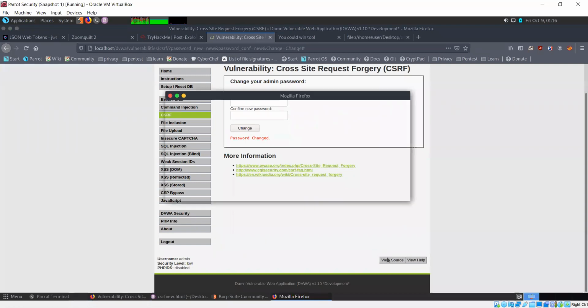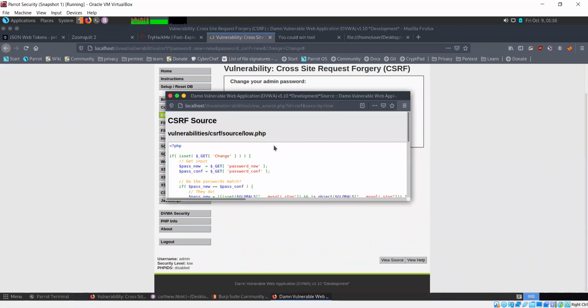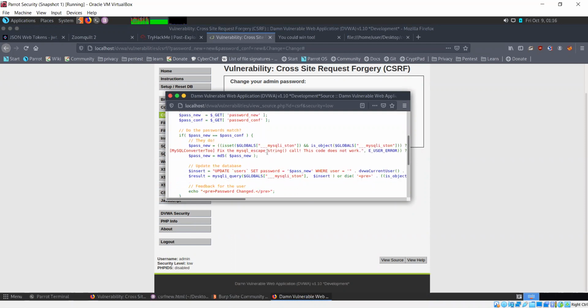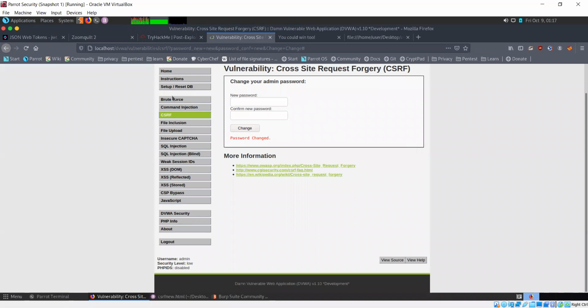You view the source code. All it's checking for is whether the passwords match or not, so whether your new password and confirmed password values are matching. That's all it's checking. And keep one more thing in mind.